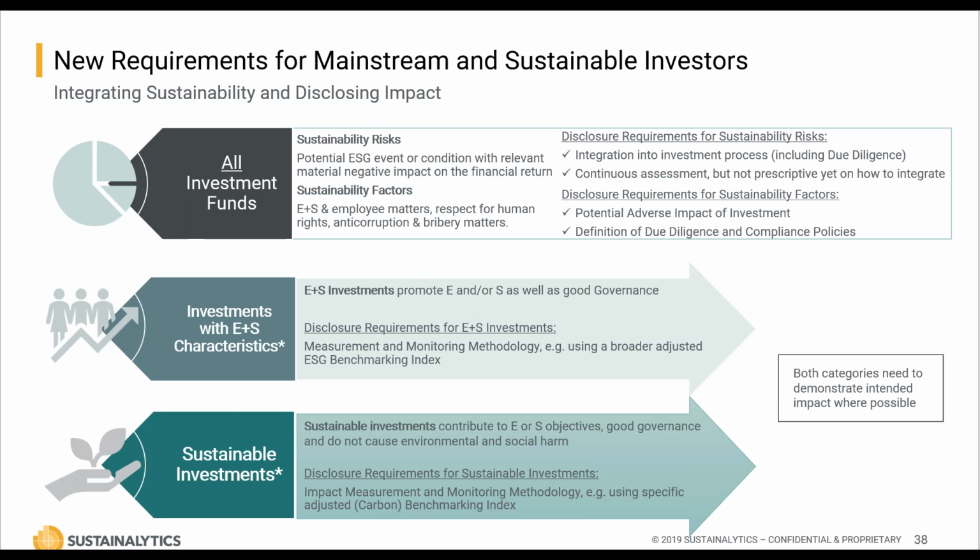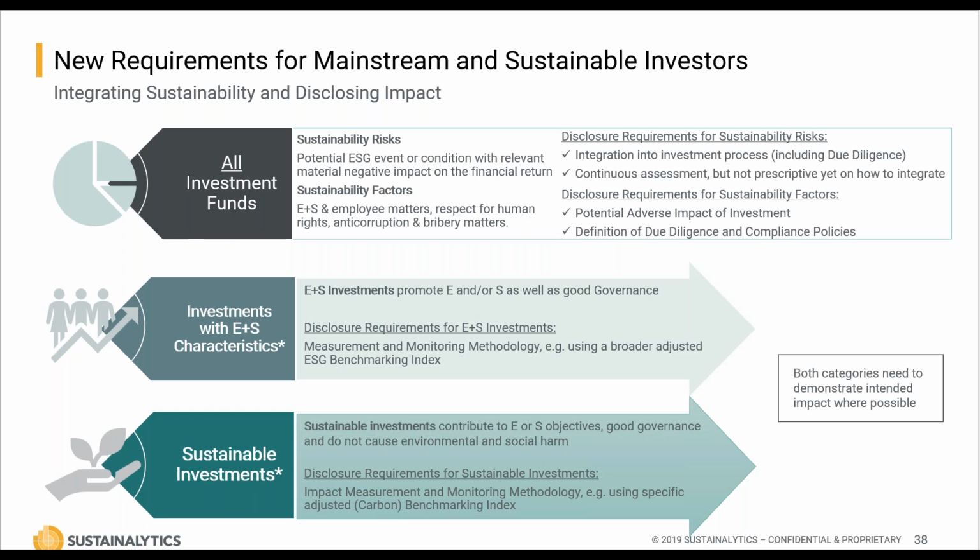Defining features are the effects that companies have on the environment and on society. Take as an example here a mining company affecting the community and the environment through its operations. In a nutshell, what has to be disclosed are these risks and factors and how they affect shareholder value in the case of risks and how they affect stakeholder value in the case of factors.